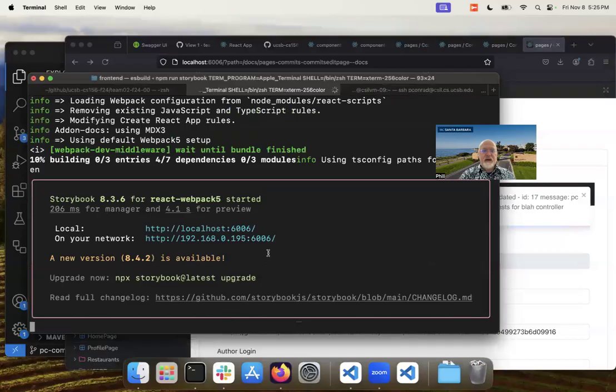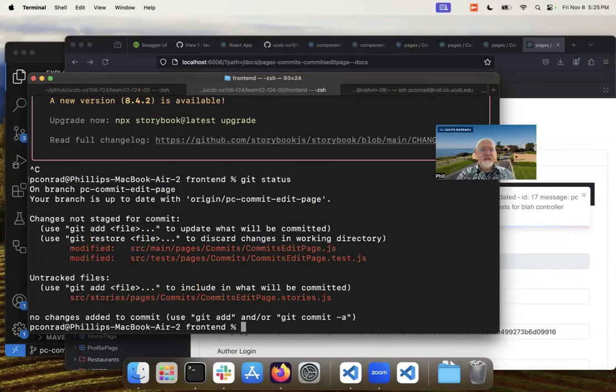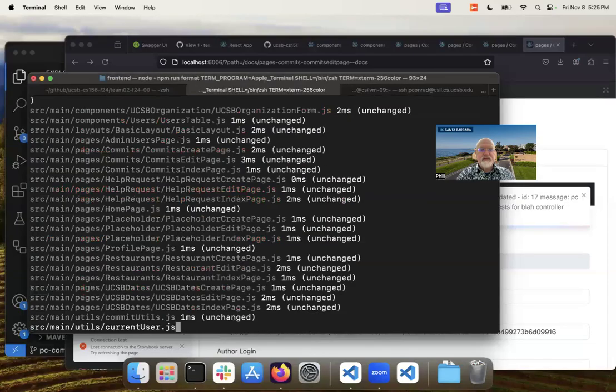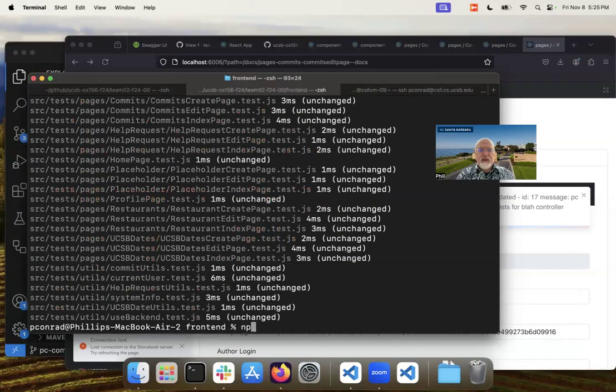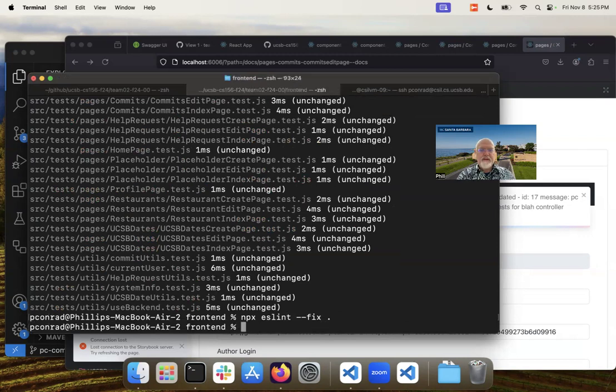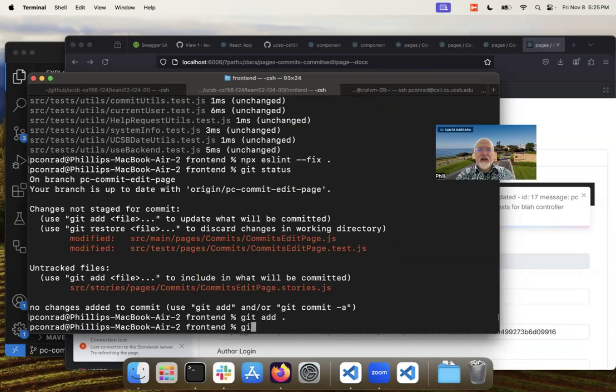So let's do a git status. Let's do a git add. Oh, let's do an npm run format just to make sure format's good. npx ESLint --fix . And git status, git add ., git commit -m pc,